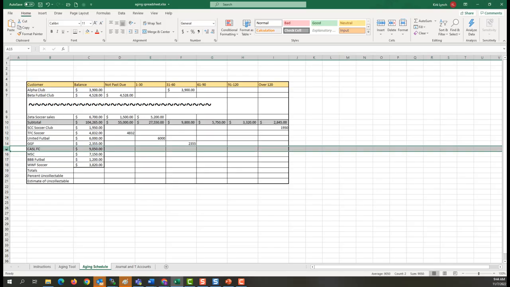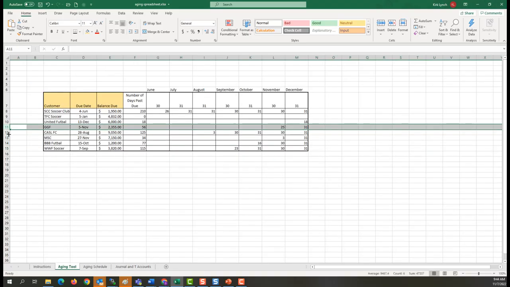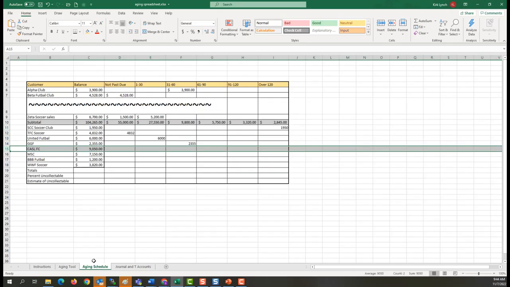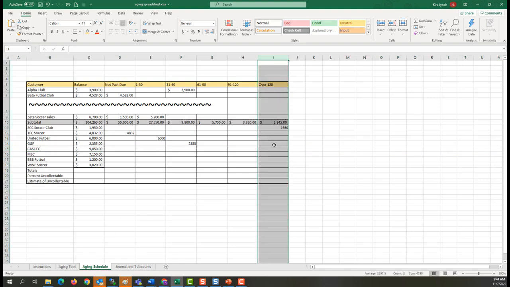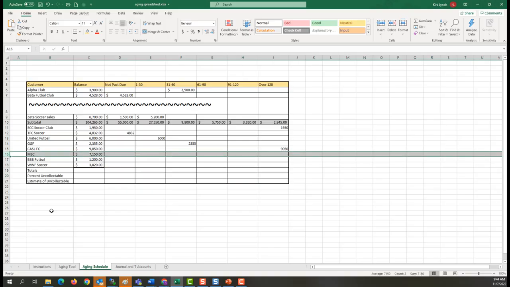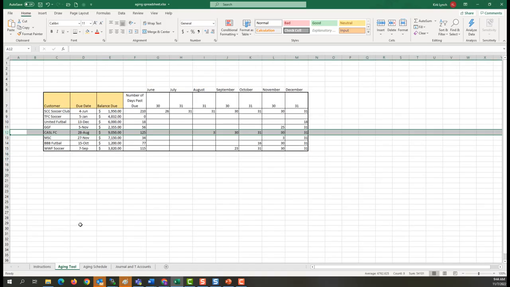They owe us $9,050, and according to this, they are 125 days past due. So if we look at our aging schedule, that's over 120 days, so they're going to go in this category right here, and they are this row right here. They owe us $9,050. Then we move down here to the next row, which is MSC, and according to our aging tool, they